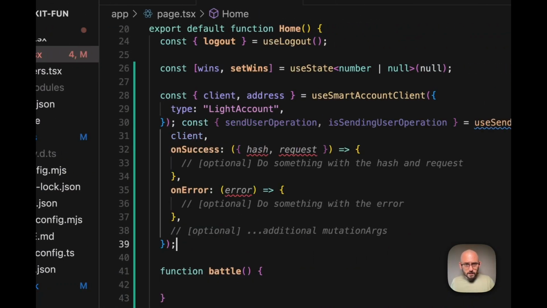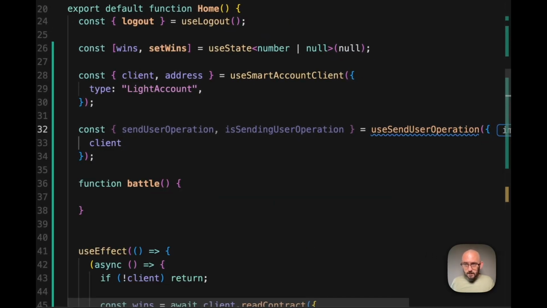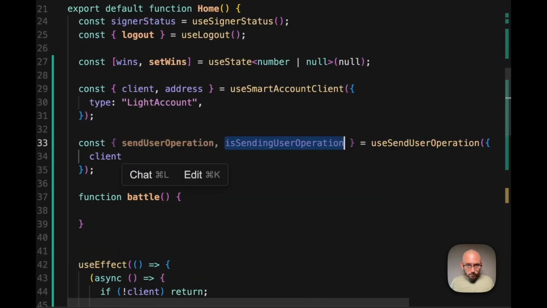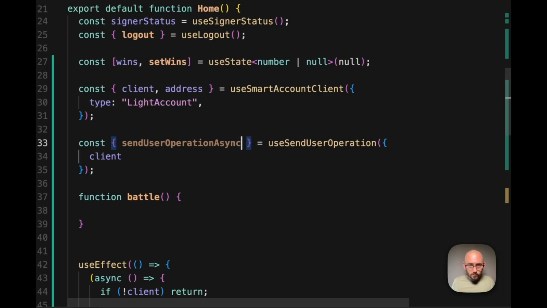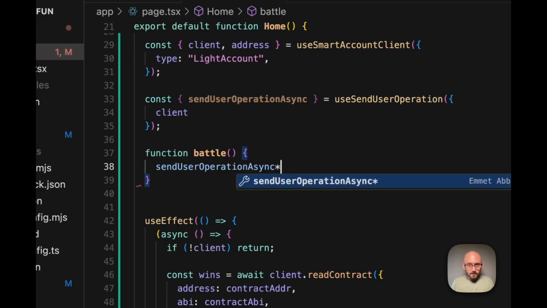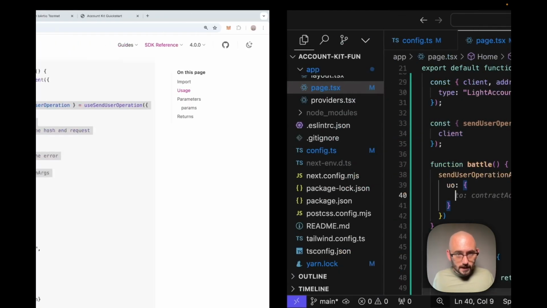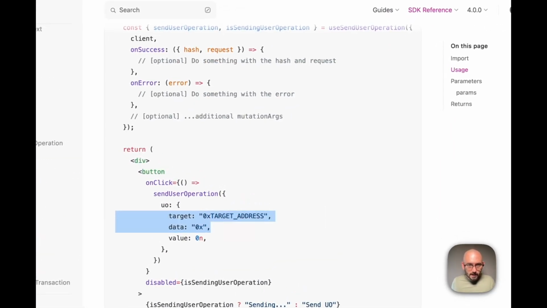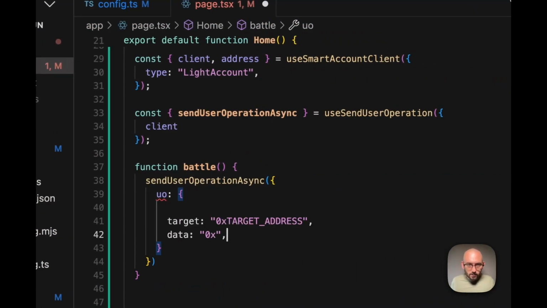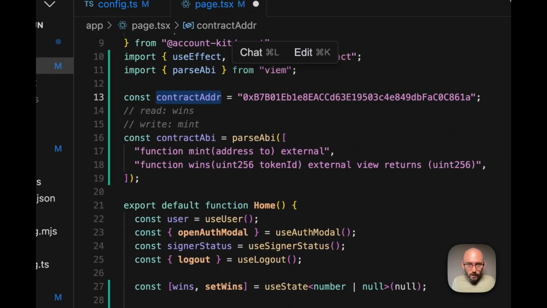In our battle, I'm not going to do all this on success, on error stuff. I don't need that here. I'm just going to use user operation, and inside of here I'm going to call send user operation async, and this is going to take a UO with all this stuff in here: the target, the data. We're not going to send any value. That would be the native value, the Bera. I'm just going to be targeting our contract address here and trying to call battle,